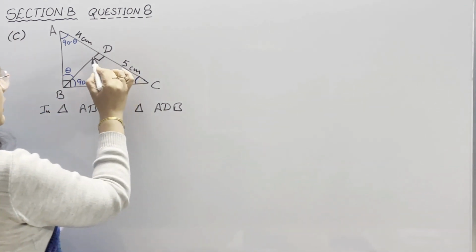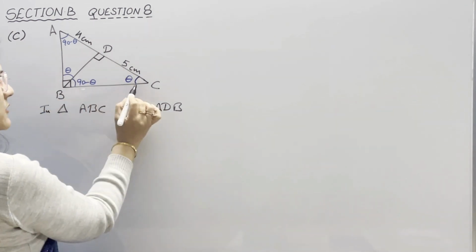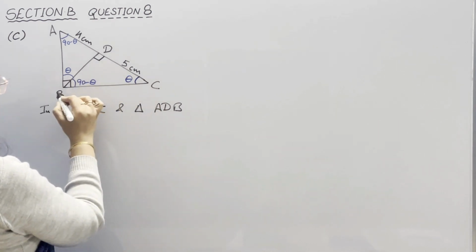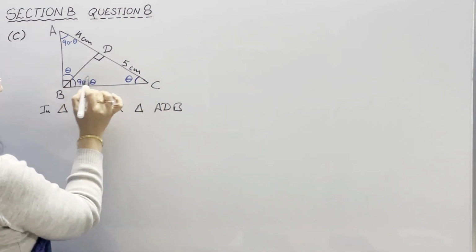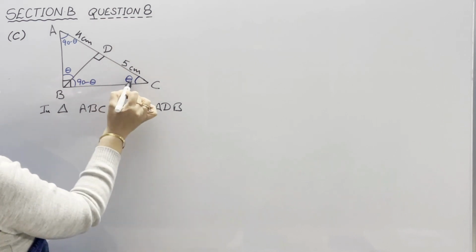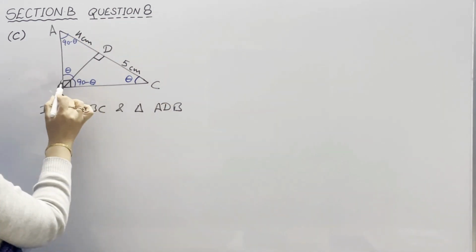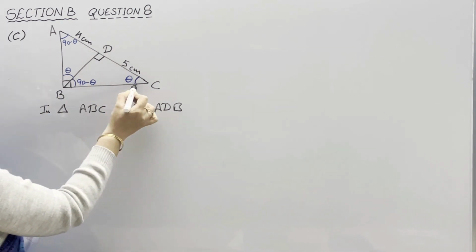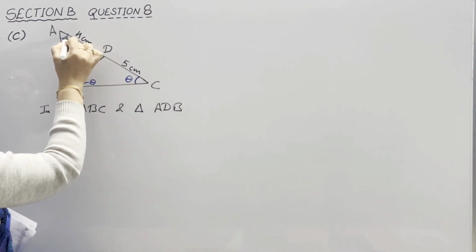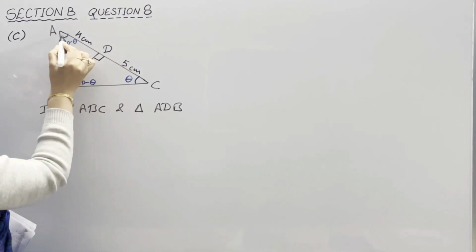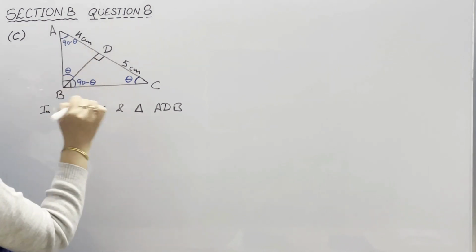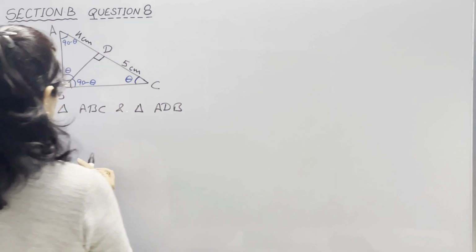So in this case, if this angle is 90 degree, we are assuming this as theta. So in triangle BDC, you can take it as 90 minus theta because this is 90, this is theta. This is 90 minus theta. In the overall triangle, if this angle is 90 degree, if it is theta, then the measure of this angle is 90 minus theta. It means these two angles we can use as equal in this further question also.